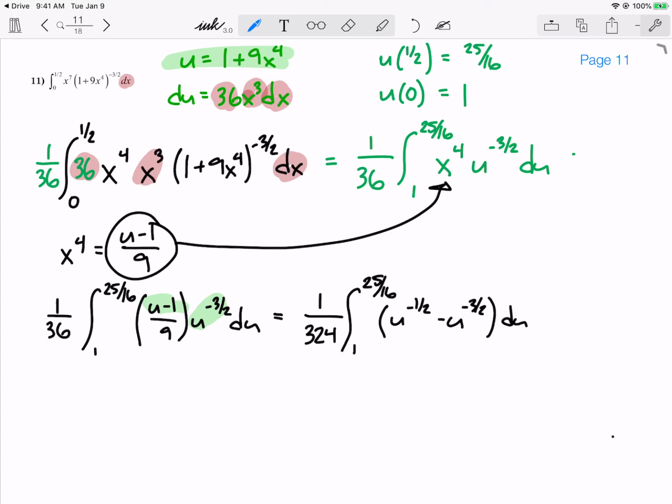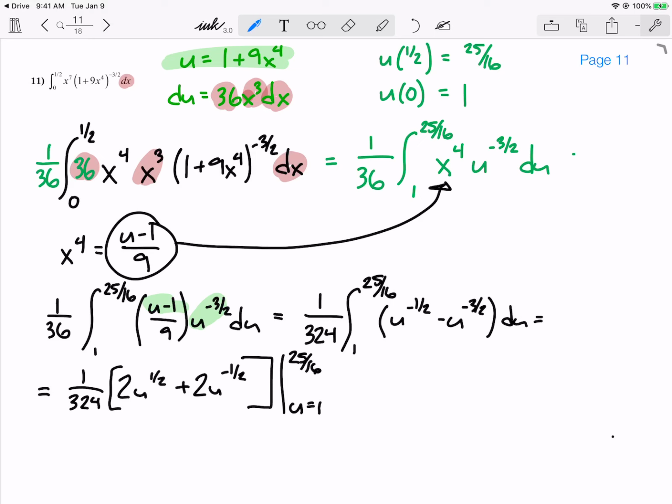When I integrate, I get, let's see, do I have enough room here? Probably not. So I get 1 over 324 times 2u to the 1/2 plus 2u to the negative 1/2. And I'm evaluating that from u equals 1 to 25 over 16. Now, I'm going to let you practice that. You should end up with a final result, so you connect the dots, of 1 over